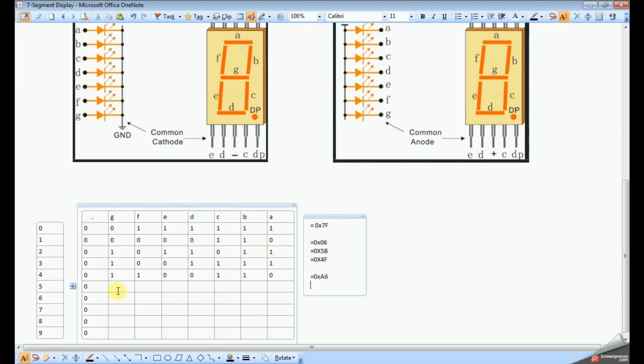So next I would like to display number 5. That means 5 means the segments A, F, G, C, D will be 1.